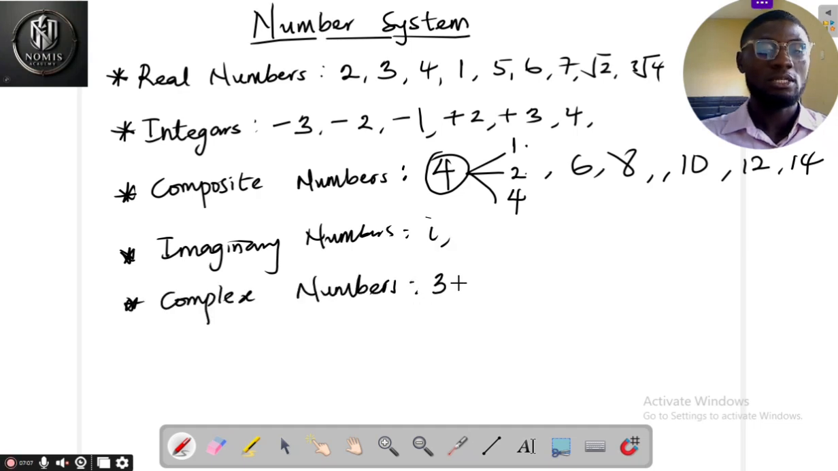So 3 is a real number plus 4i. So we know that complex numbers are numbers that have real parts and imaginary parts. 4i is an imaginary number and 3 is a real number. So when we have the